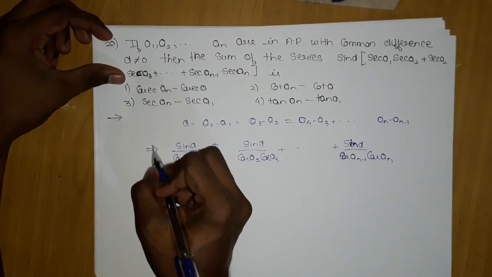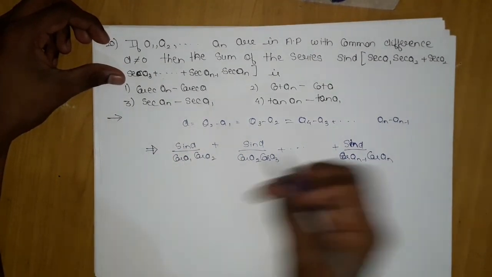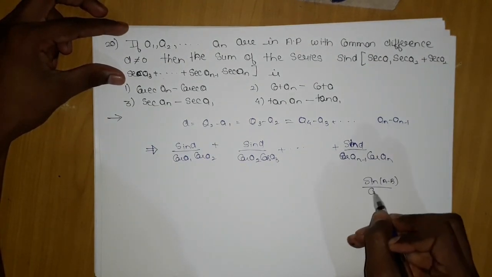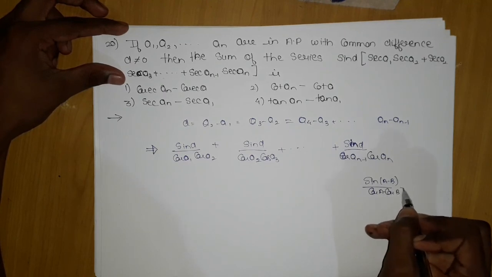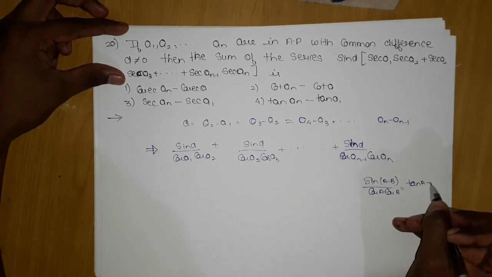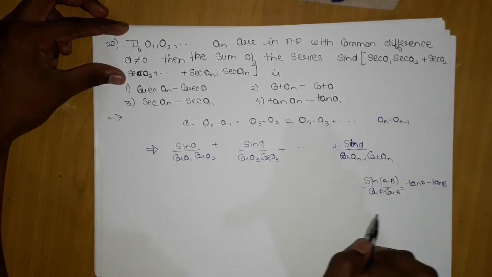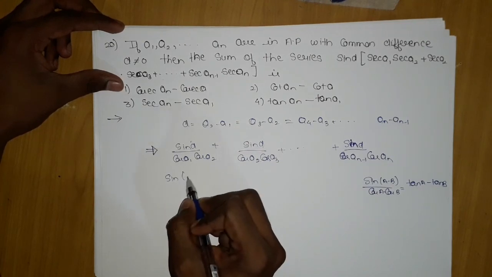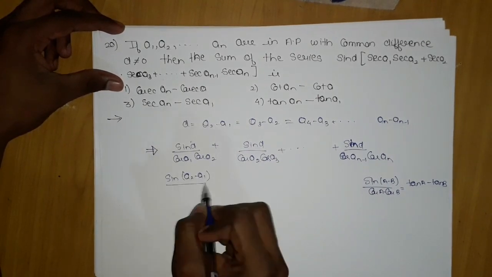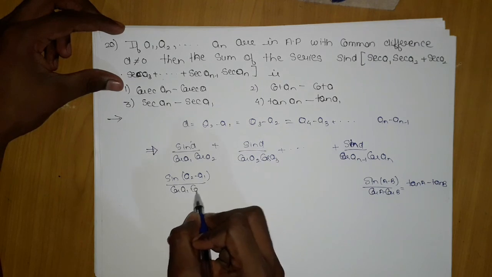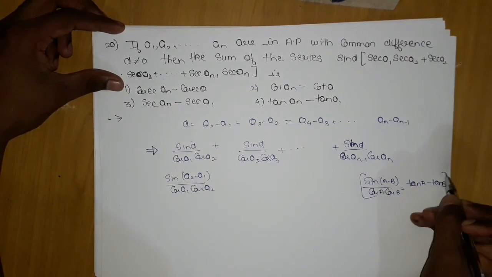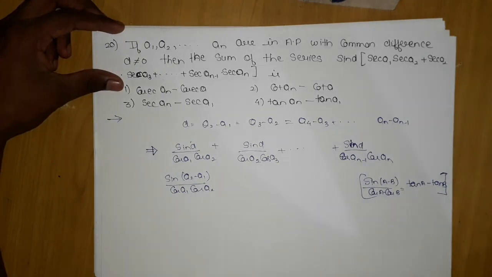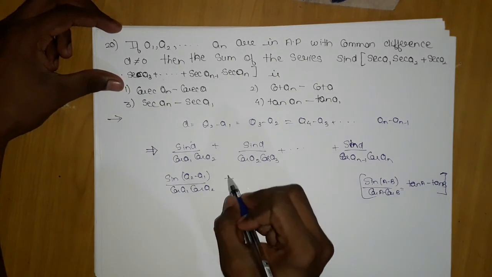Now here, remember why we are doing this: because we know a formula, sin of a minus b upon cos a into cos b is equal to tan a minus tan b. Okay, to use this formula, sin d can be written as sin of a2 minus a1, upon cos a1 into cos a2. Now we are understanding that this format is coming from this formula, which you will study in trigonometry, but for now you should use this formula. This formula has been used twice to thrice, so now you should know that this formula will be used.